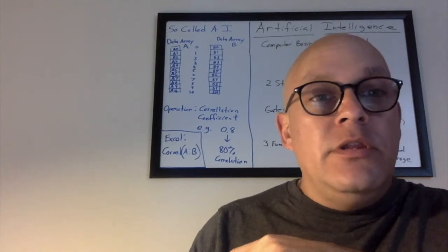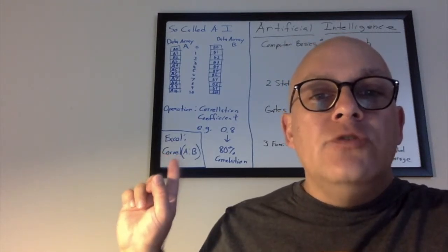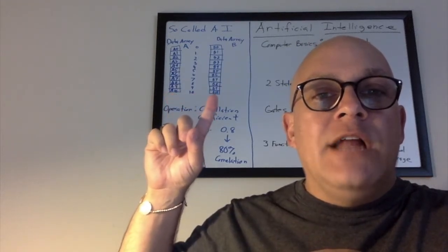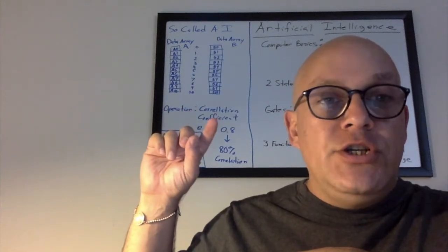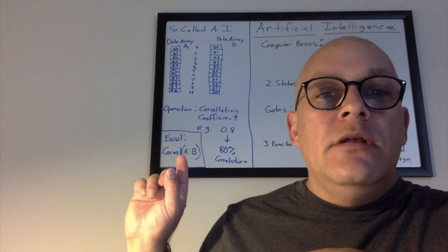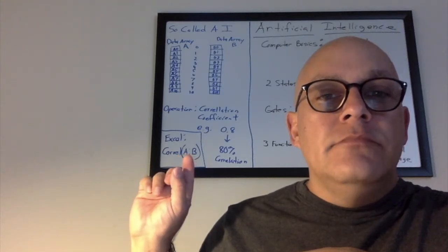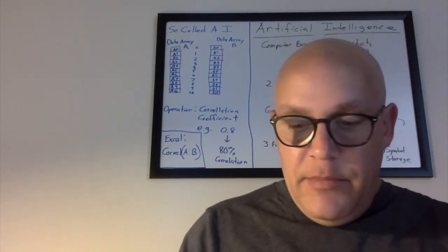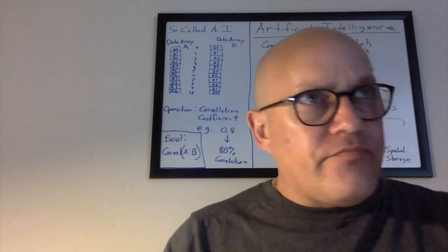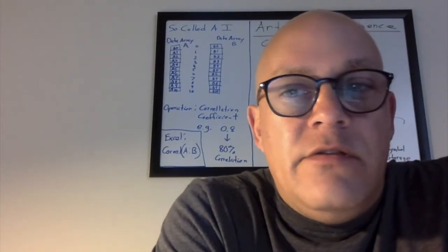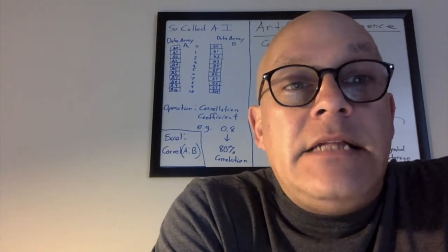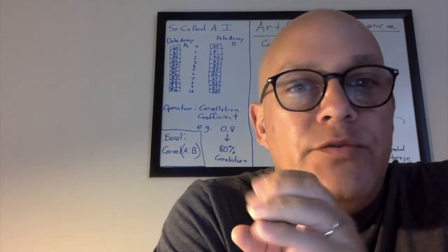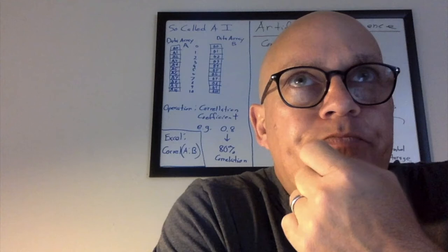If you want to play around with this operation, you can go to Excel and use the CORREL function. If you have 2 data sets in your spreadsheet, say 1 column here, 1 column there, and you want to perform this correlation operation, you use CORREL, then open parentheses, the first array, colon, and the second array B. Like I said, go do searches on this stuff if you want to set this up. Even if you're a rookie, you can probably set this up within about 5 or 10 minutes. Pretty easy to play around with. So that is basic artificial intelligence, the core of artificial intelligence,